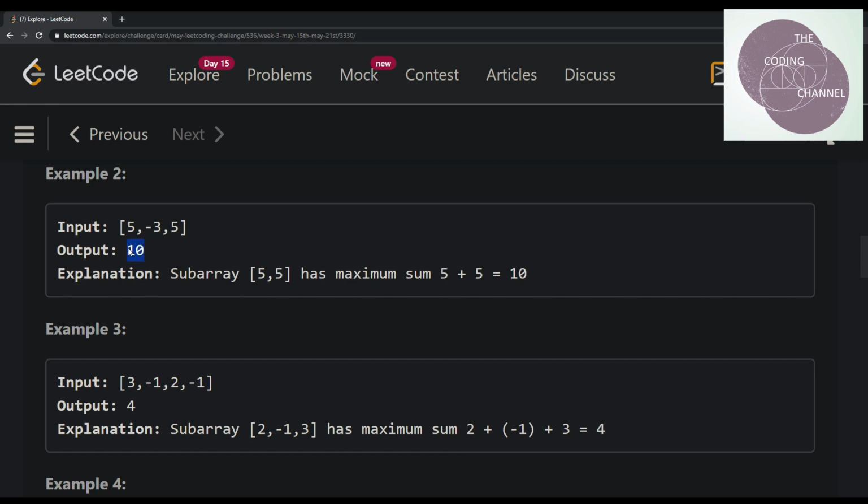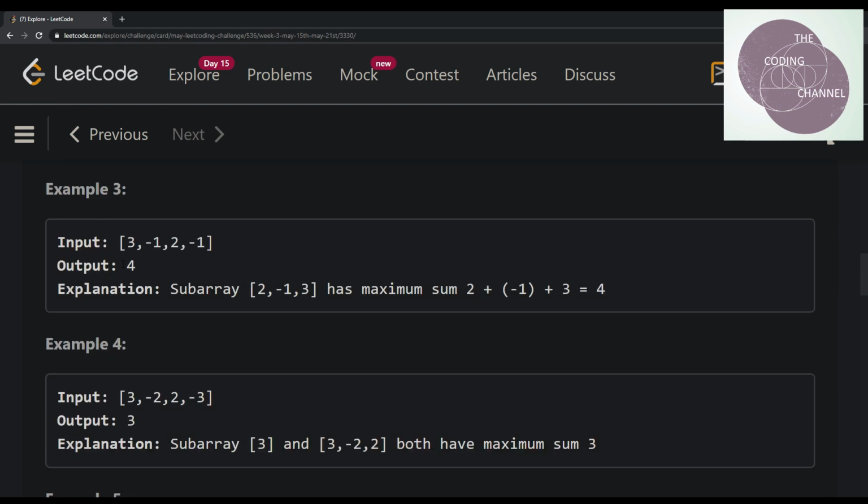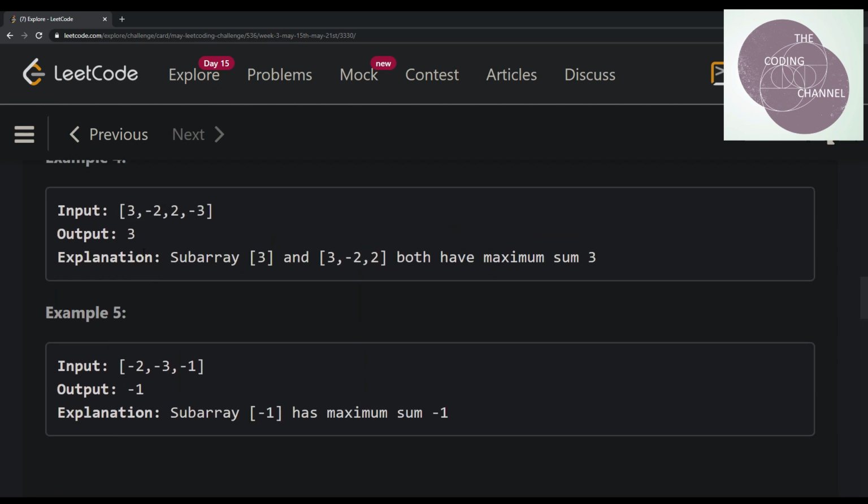So hence what we get here is only the elements which are contributing to the output, and the total sum is 10. Now we move further to the next one, which is 3, -1, 2, which again is simple Kadane's algorithm, and we can find out in one pass that this is happening here. Again, similar case and similar case.